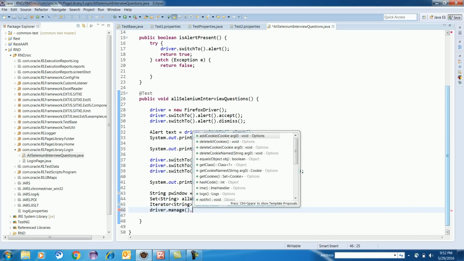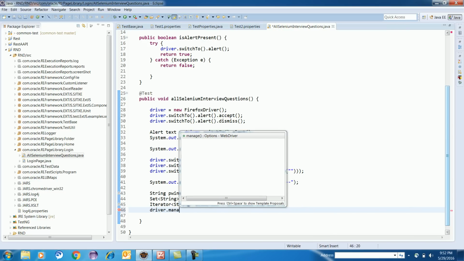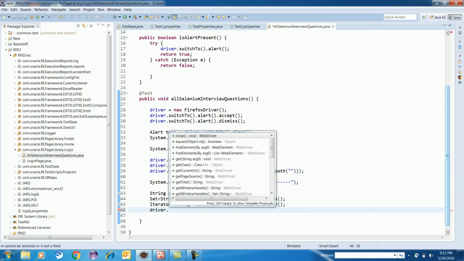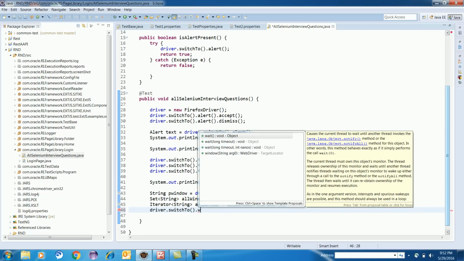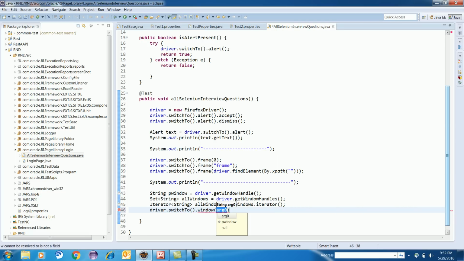No, I think it's not present inside the manage. I think driver dot switch to window, I think. Yeah, it is a switch to window, right? Here you can supply all window. So let's say you have two window, right? So you can write like this: